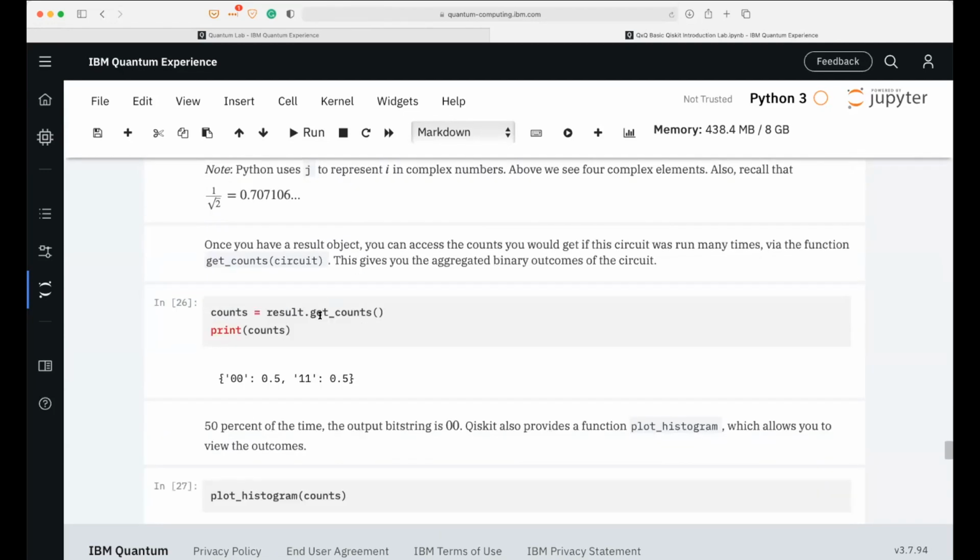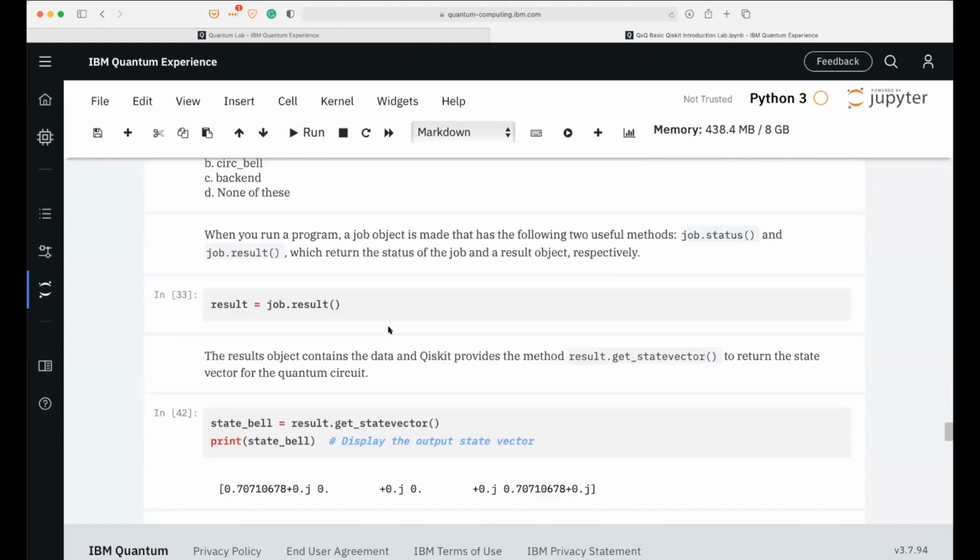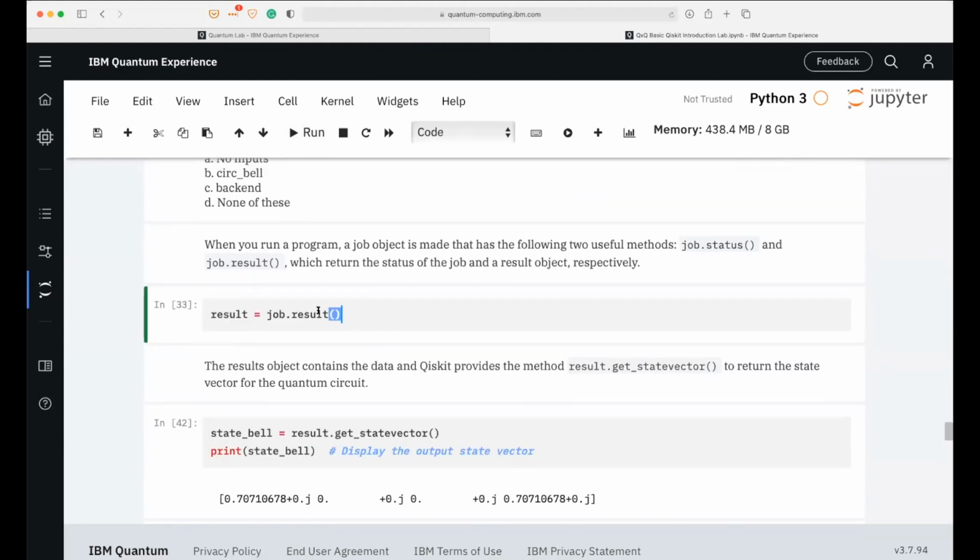Okay, and then next up we do the get counts. We'll run that. Oh, actually, okay, this is a good teaching moment. One thing that I did not talk very much about in the lab is just the fact that these jobs can take a little while to execute, right? So one thing that you can do to check whether your job has executed or not is you can use